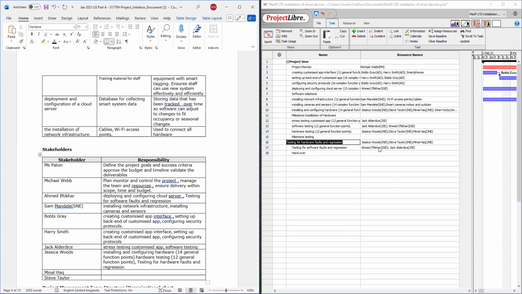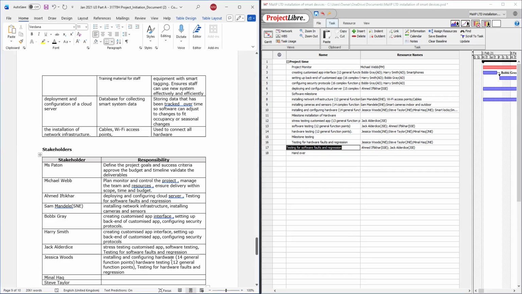I did not see this. Jack Alderman also tests for regression. Okay, good. Okay, let's see. Okay, good. All right, so let's get rid of these function points here.